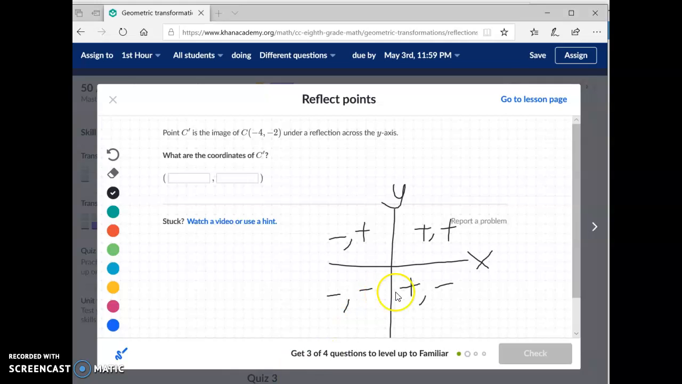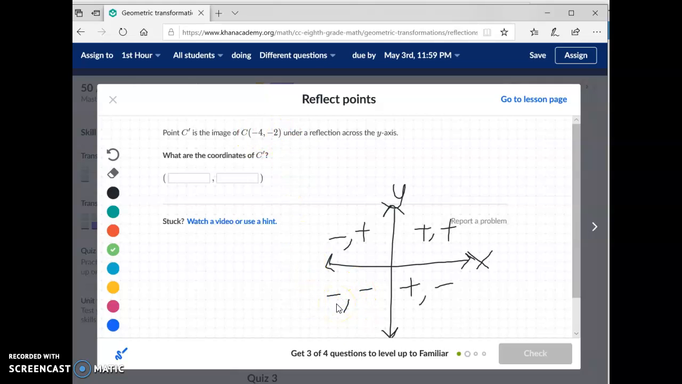Okay, so I have my Cartesian plane right here. I have my y-axis and my x-axis. And these, of course, never stop going. So I'm going to just add the little arrows here. Okay, so if we have a point that's in the third quadrant, negative, so this point right here, -4, -2,